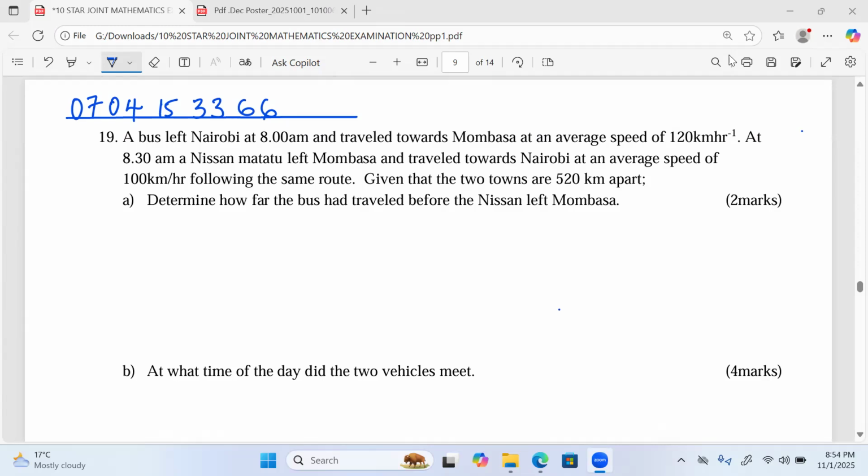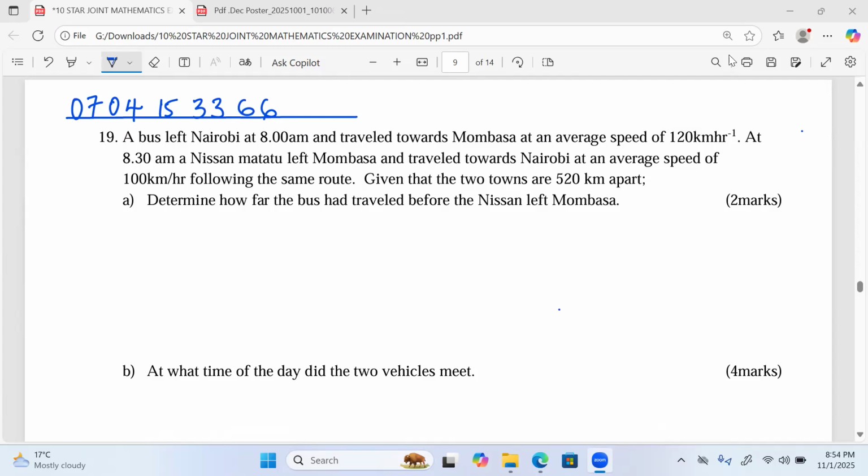We are told in this question, paper 1, number 19, that a bus left Nairobi at 8 a.m. and traveled towards Mombasa at an average speed of 120 kilometers per hour. At 8:30 a.m., a Nissan Matatu left Mombasa and traveled towards Nairobi at an average speed of 100 kilometers per hour, following the same route. Given that the two towns are 520 kilometers apart, part A, determine how far the bus had traveled before the